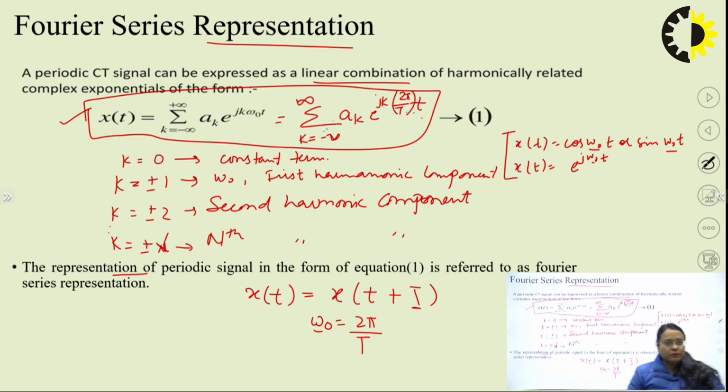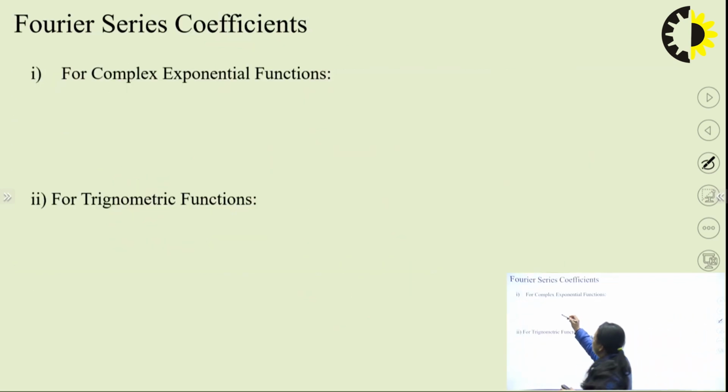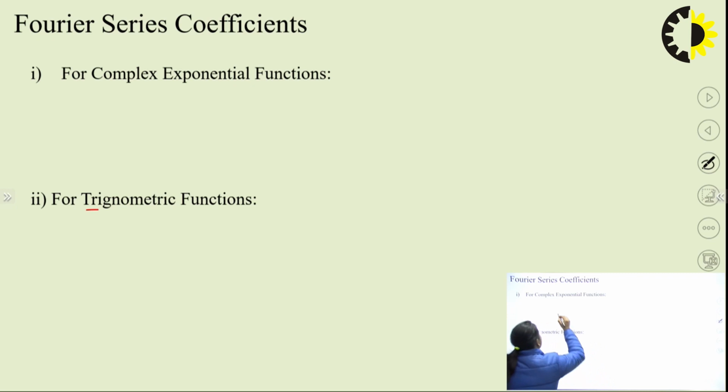Now, with this Fourier series there are Fourier series coefficients. The Fourier series coefficients could be in two forms: one in terms of the complex exponential function, another in terms of the trigonometric function. For the complex exponential function, it can be written as